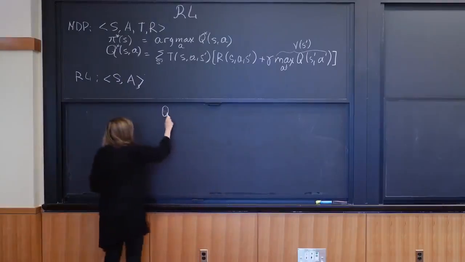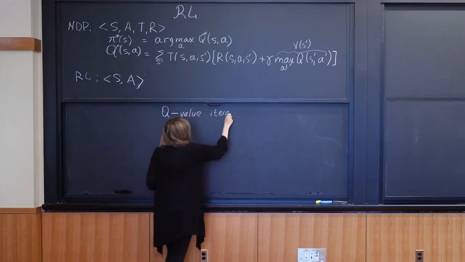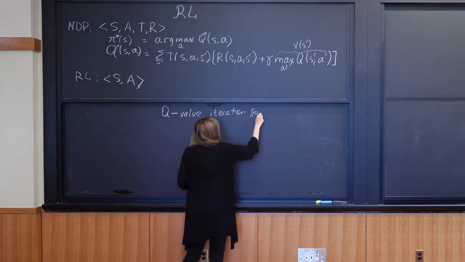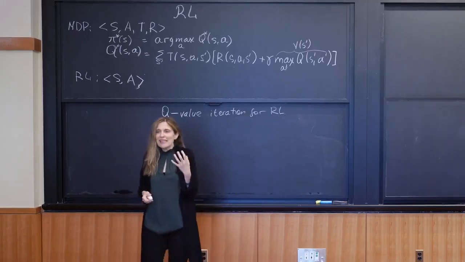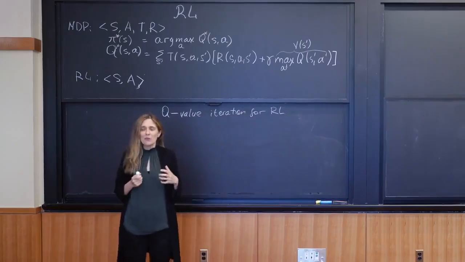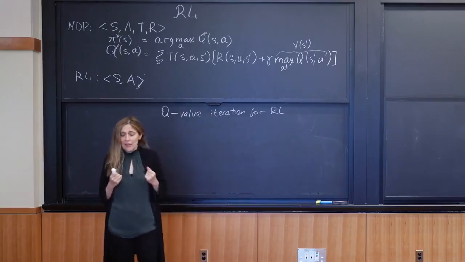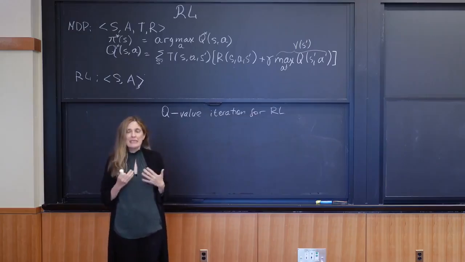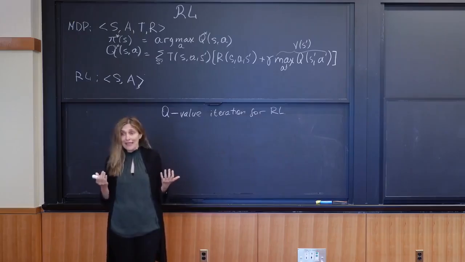So I will just write, so we know where we are. We're talking about Q value iteration for RL, and it would look to you in some ways very similar, but also distinct from Q value iteration that we talked about in MDP. Similarly to the MDP algorithm with Q-value learning, we will be doing an iterative algorithm, but now it will be based on the samples. And the idea here is this: because we don't know the transitions and rewards ahead of time,